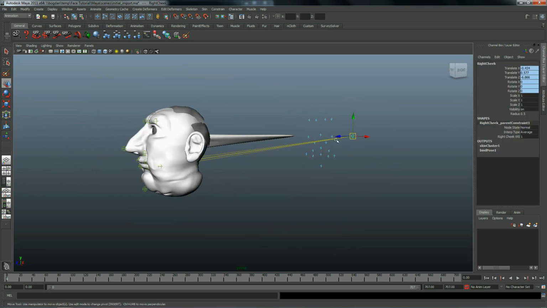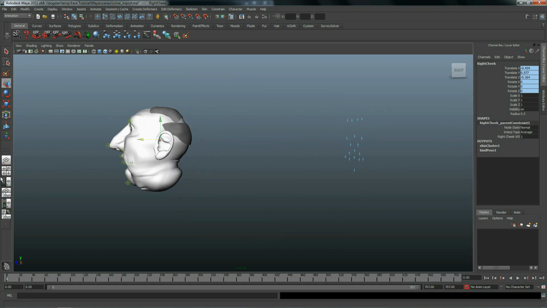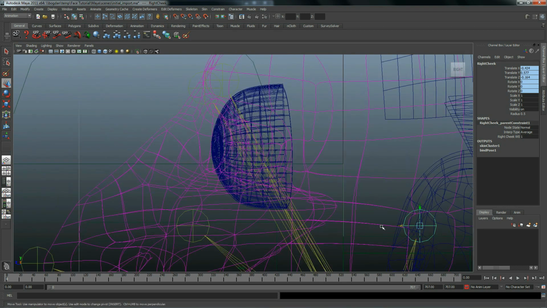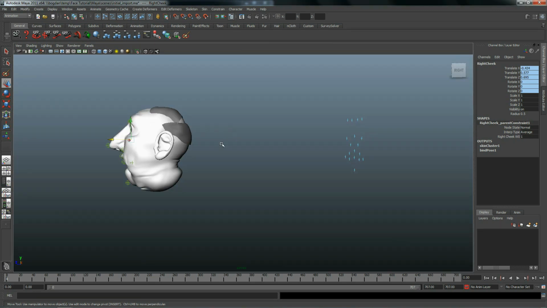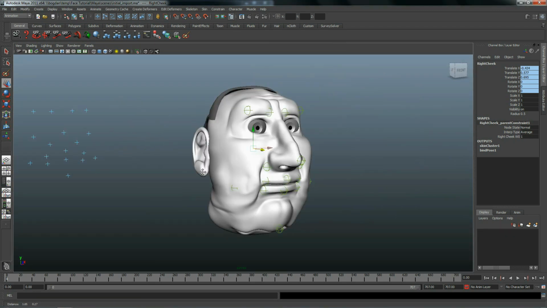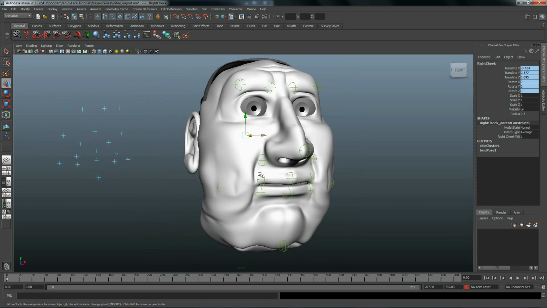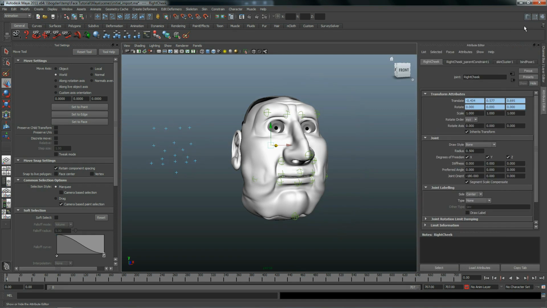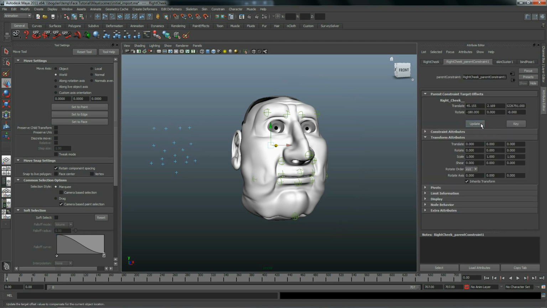Move it to a correct position. and update the offset of the parent constraint via the attribute editor.